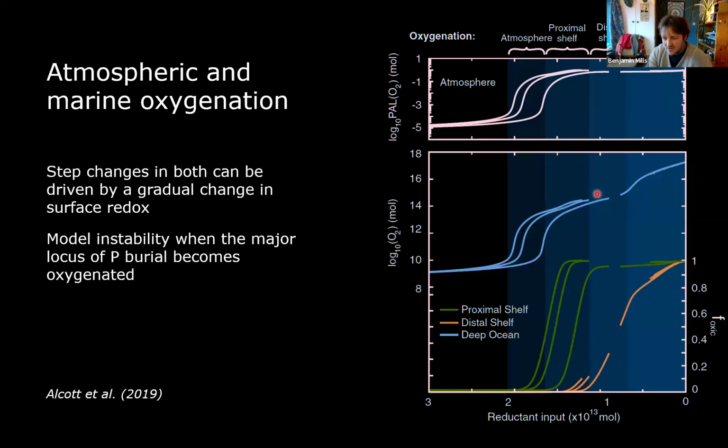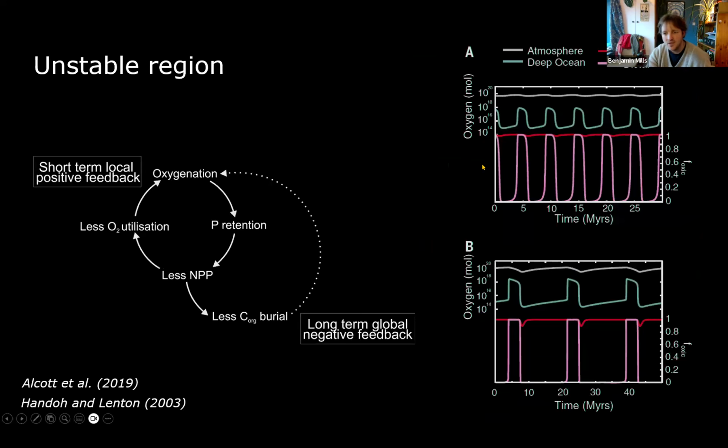You see there are breaks in the lines here as well. So between the steady states, you have these unstable states where the model didn't have a steady state. And when we zoomed into this, we found what is happening is an oscillation. This is because there are two different cycles going on in this model. There is this positive feedback where we oxygenate the water column, we retain more P in the sediments, we cut off net primary productivity, therefore we don't use as much oxygen in the water column, and it goes round and round until we have much more oxygen.